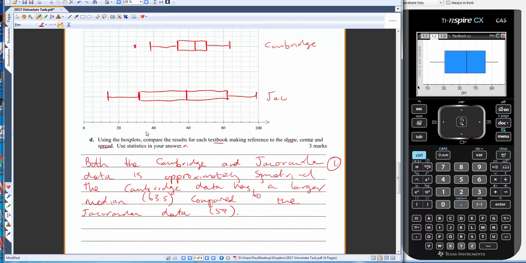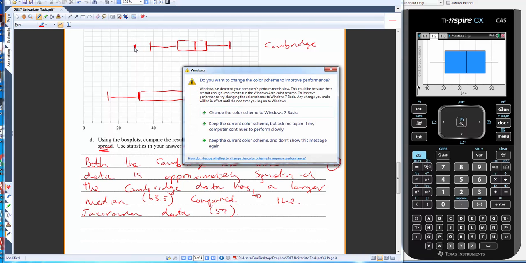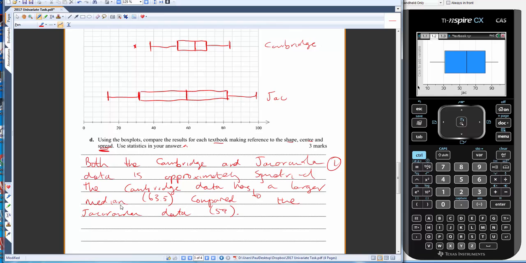And finally, we need to compare spread. Okay, so I personally would prefer you to use the interquartile range to do this, because the range is actually affected by this outlier, but we didn't penalise you if you did. Keep the colour. So we'll say something like, what we can see here is the Jacaranda data is going to have a larger spread than the Cambridge. So I'll say the Jacaranda data has a larger spread